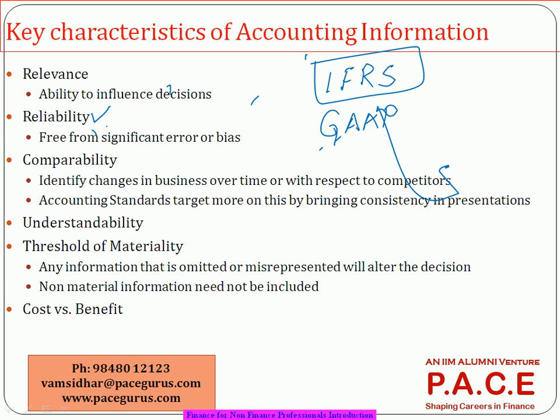They are creating understandability. They are deciding how much information to put. Too much information is very difficult to process, and too little information is of no use. So it strikes a balance on what needs to be presented and what is not required to be presented, what can be internal to your company, what has to be mandatorily published for the external users, and what is the cost versus the benefit of each of these things. That is the most important aspect that goes into every piece of accounting information.